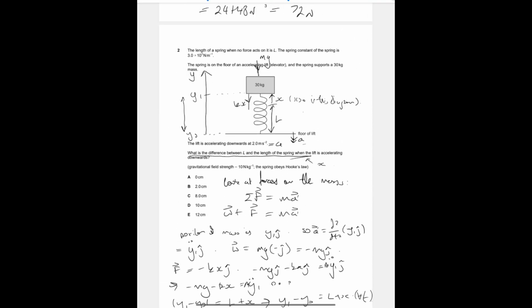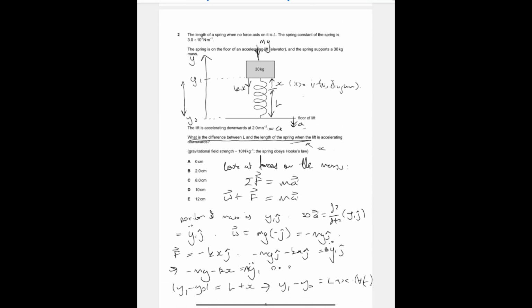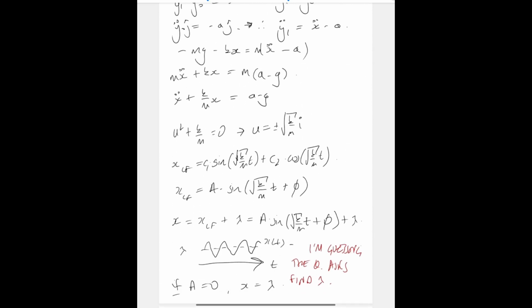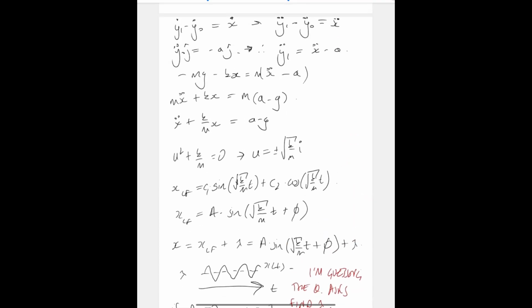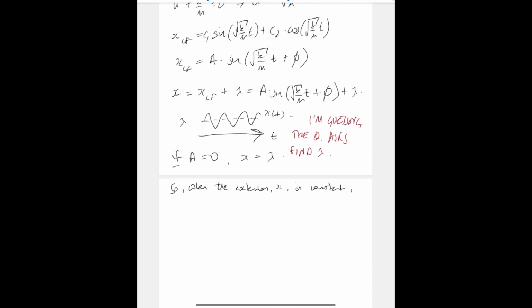So anyways, when x is constant, when the extension is constant, what do we get? We get x dot equals 0, which implies x double dot equals 0. So from here